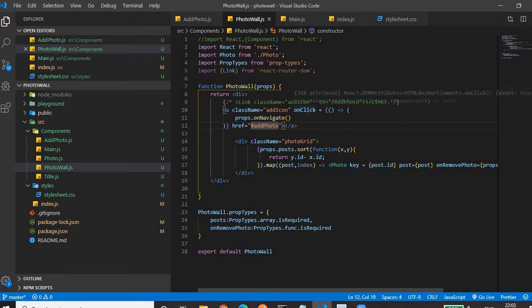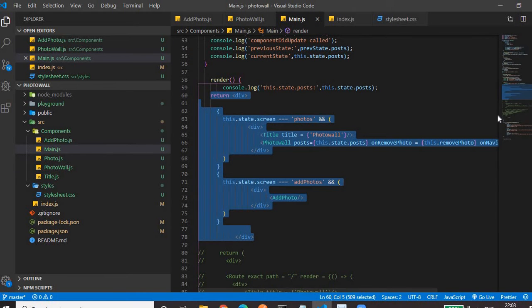Then you have an onClick function in which we have an event handler, another function in which we are calling props.onNavigate, meaning there is some prop being passed to this component. Let me see. We are referring to this component in the main.js file.